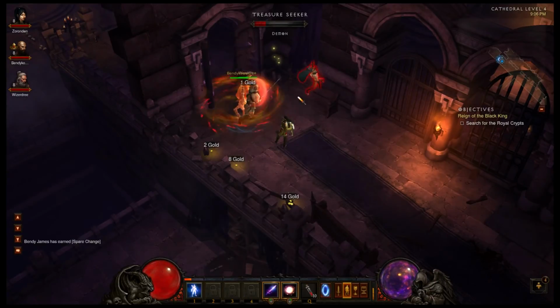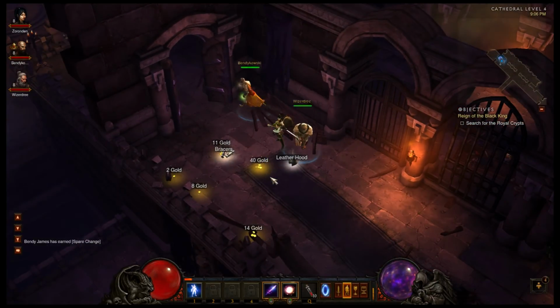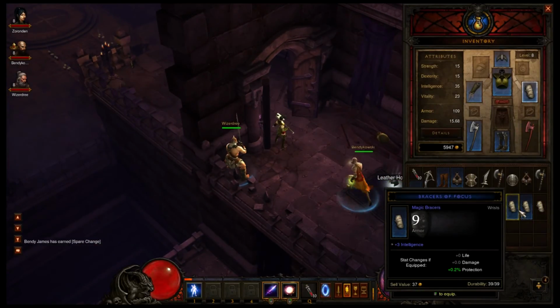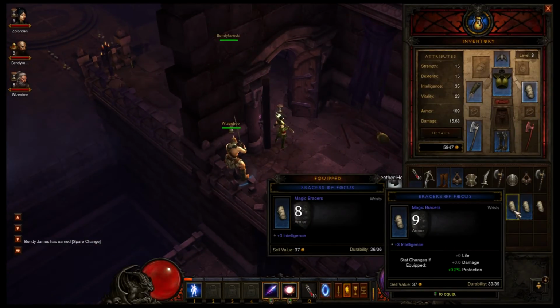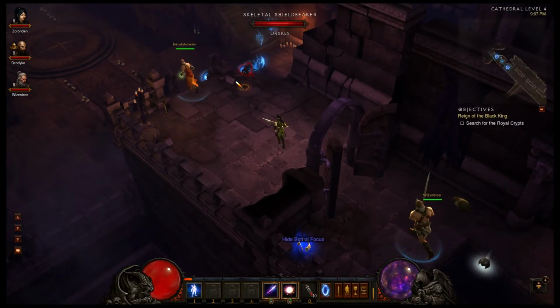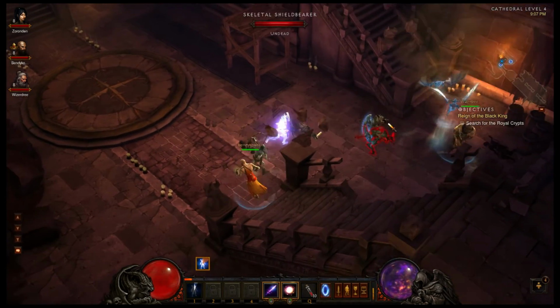Got a nice Treasure Seeker here. We'll slaughter him down quick. If you don't kill them quick enough, they will portal out. You could see that portal there earlier before we were pounding on him. Check my loot here really quick. Slight upgrade. Got some more elites down here. We'll take them